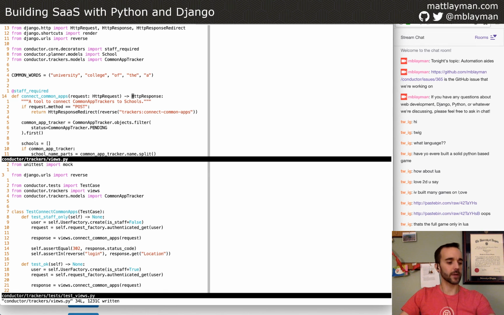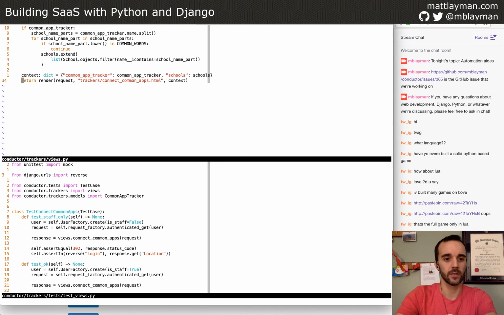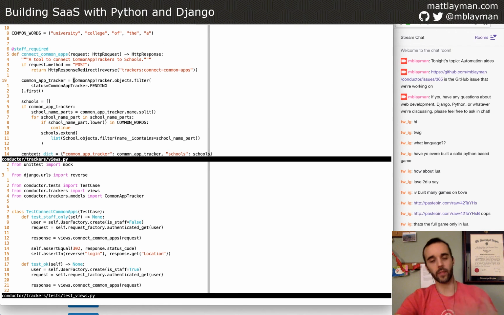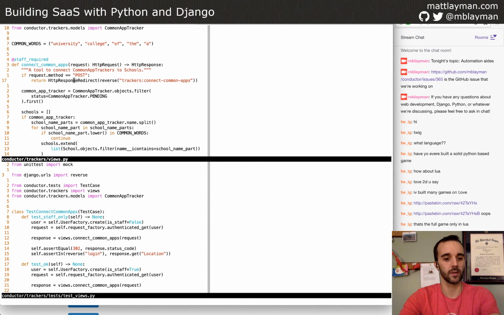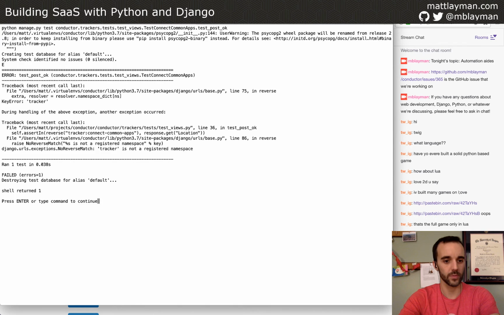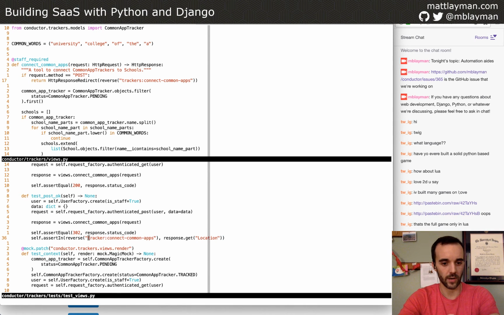And an HTTP response does the work of taking the bytes of data that you have, in this case the rendered output, and working it through Django to submit everything back through the web server and provide a proper response. So let's go back to our test and check how we did. Whoops. I said tracker, and it should be trackers, the name of the application that we're going from.